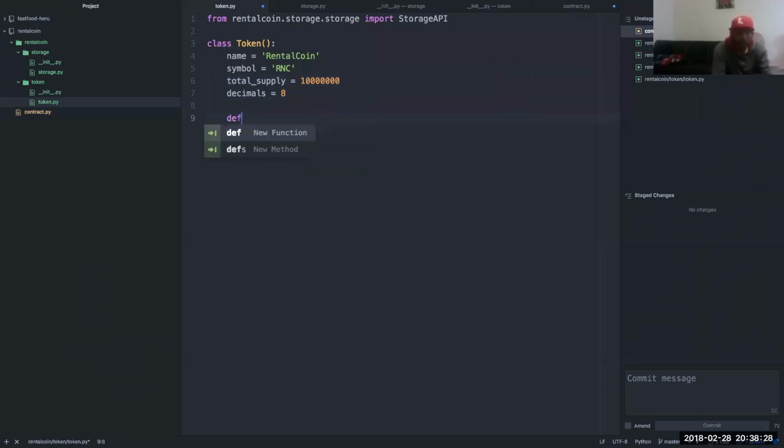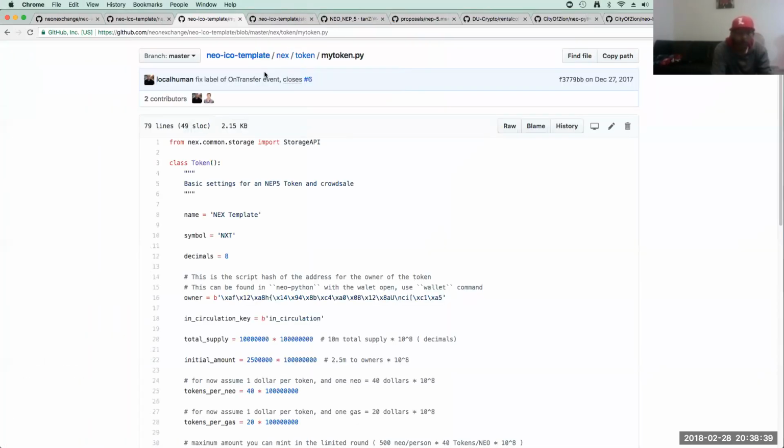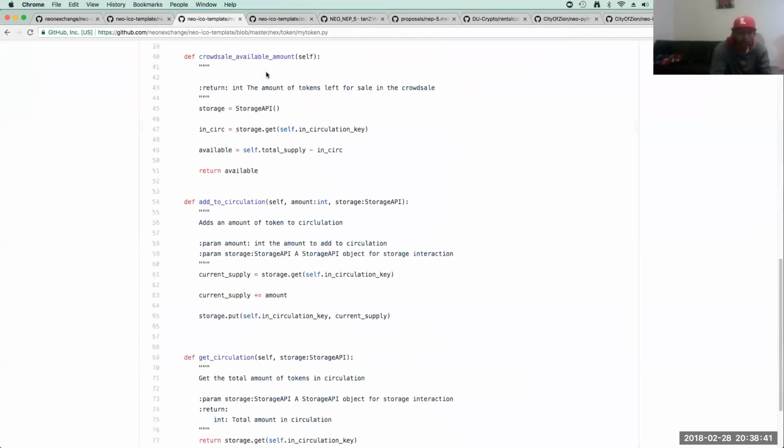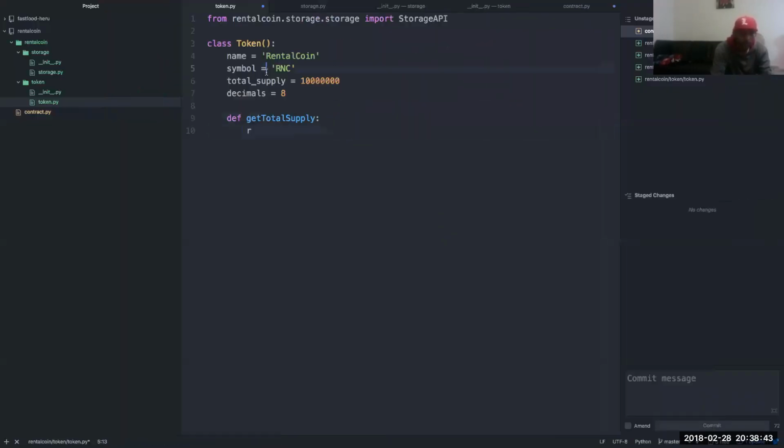So we define get total supply. Return. Oh, let me pass in self. Return self dot total supply.